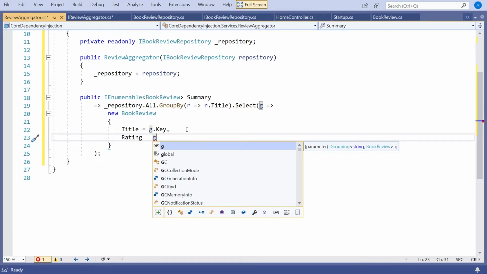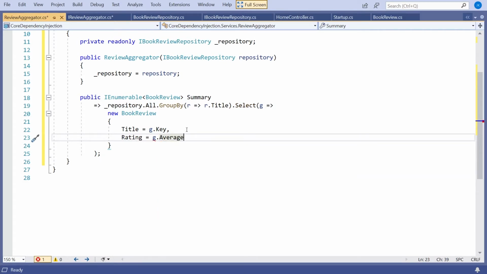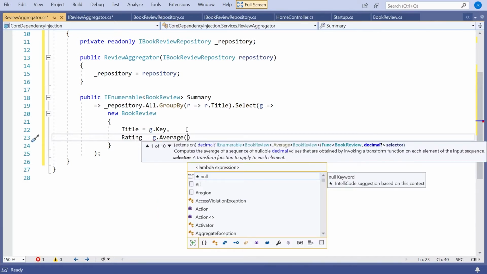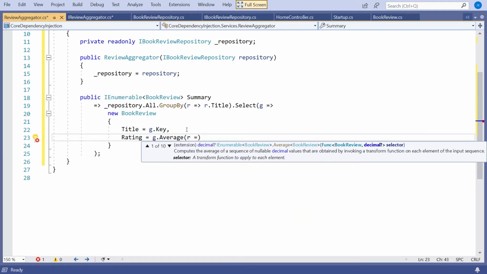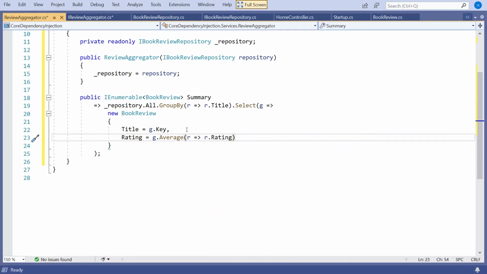So all the ratings for Dr. No, all the ratings for Emma, whatever it may be. So I'm just going to again use LINQ and do the average of, and then we want to pick out of that the rating, so pick out rating on there. So that will give us simply 4 book reviews, one per title with a rating which is the average of all of the ratings for that particular title.